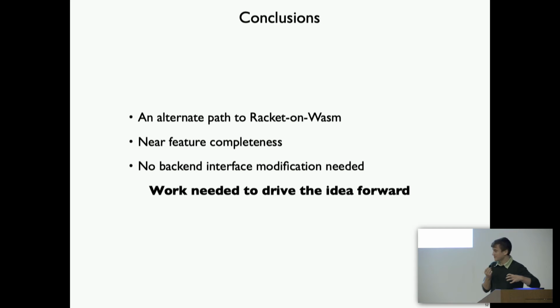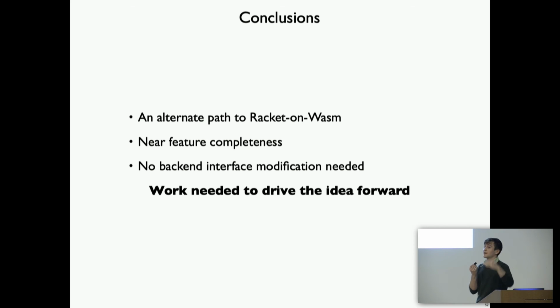So this approach does provide an alternative path to Racket-to-Wasm. There is other work going on in the Scheme community at large. Andy Wingo has done a lot of work on getting Guile to compile to WebAssembly, and that's using an almost completely different approach, which I don't know if people would have questions about. But basically the idea here is going at the problem at a very low level, where it's like, hey, we already are compiling this low level bytecode, well, let's use the interpreter, compile it to Wasm, and do this interpreter chunking to speed things up. And so that allows for this feature completeness.